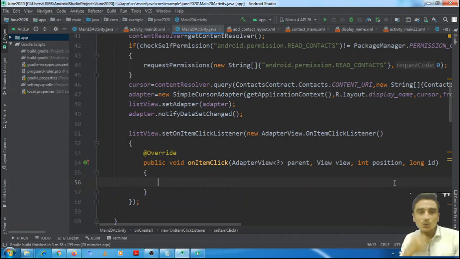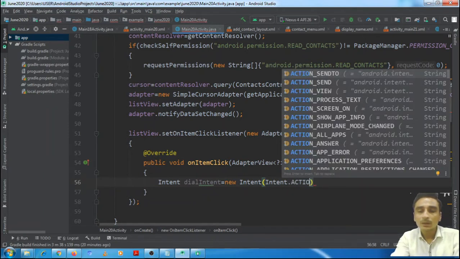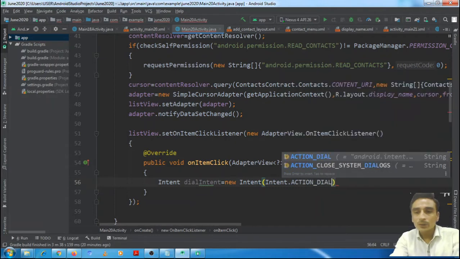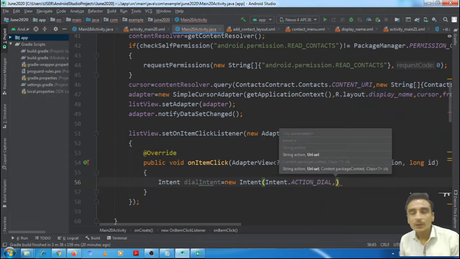So we will define an intent, dial intent, is equal to new intent, intent dot action. Again, I would like to remind you that we are using the intent to open the calling feature, the dialer application.